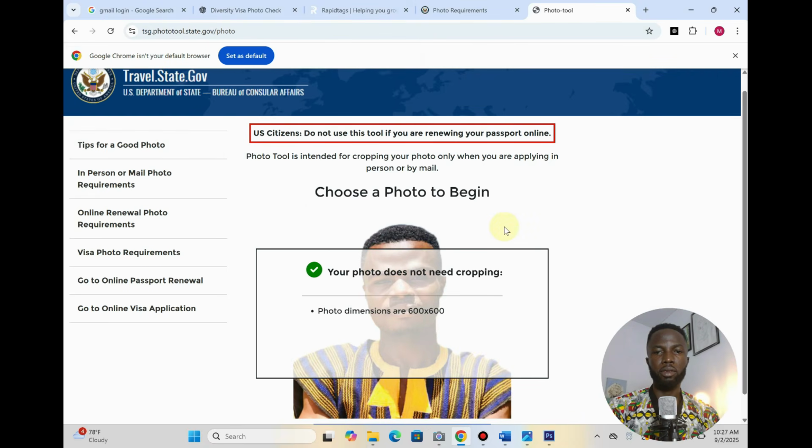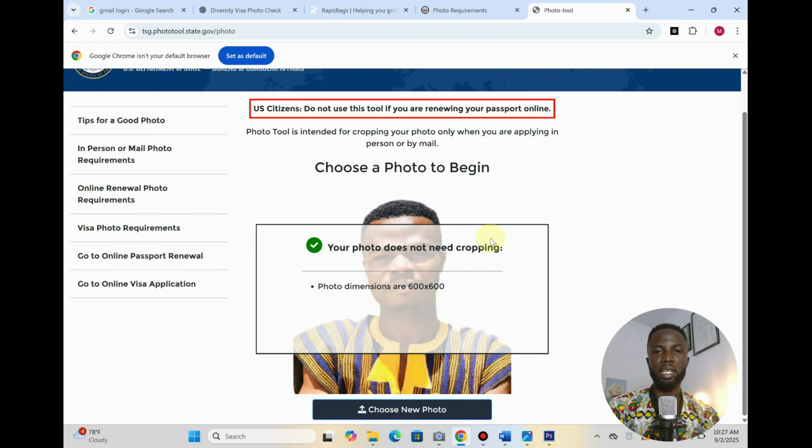All right, so you see that it has given us a green check mark: your photo does not need cropping, and photo dimension is 600 by 600. So it means that this picture is okay and can be used in the application of the DV lottery program. This is a simple step that we use in checking to ensure that our photo meets the standard requirements